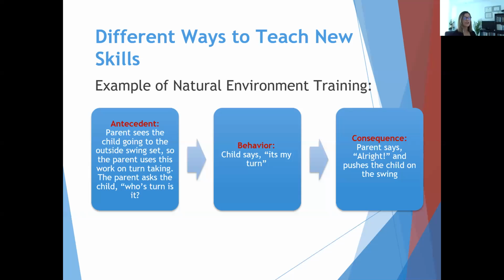And I say, whose turn is it? And the child says, it's my turn. And then immediately I come in with a consequence and I say, that's right, it's your turn. And then you push the swing. So again, the big stark difference between discrete trial and natural environment is that here in natural environment, you didn't